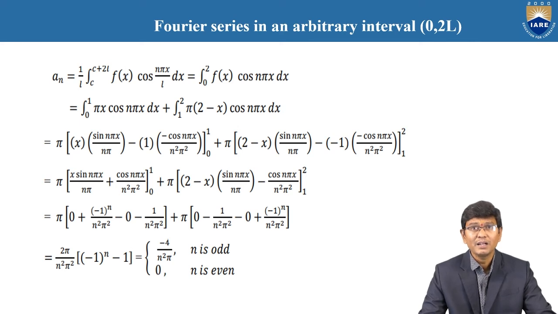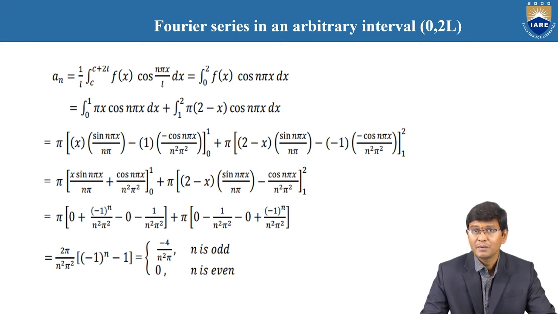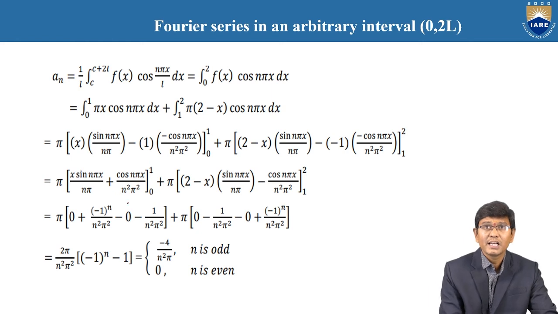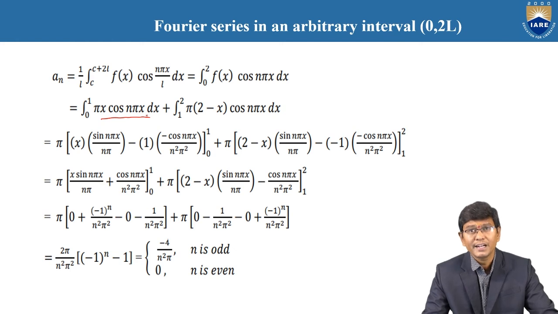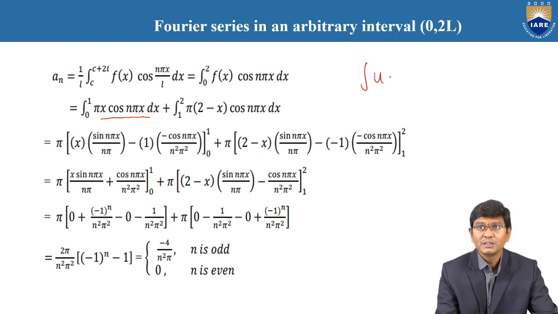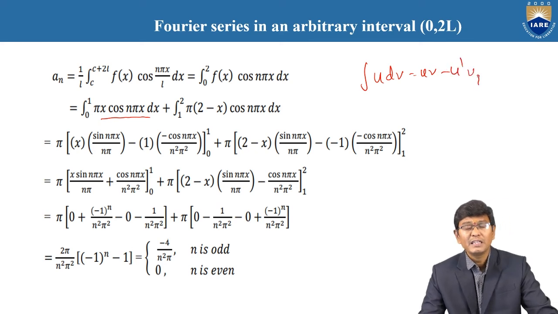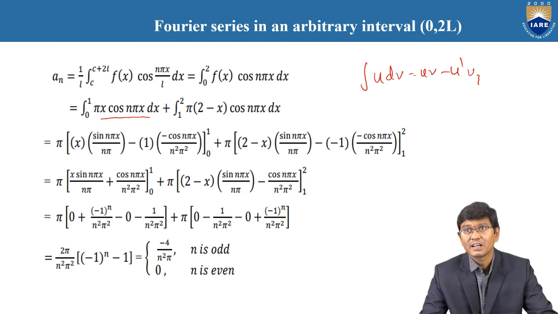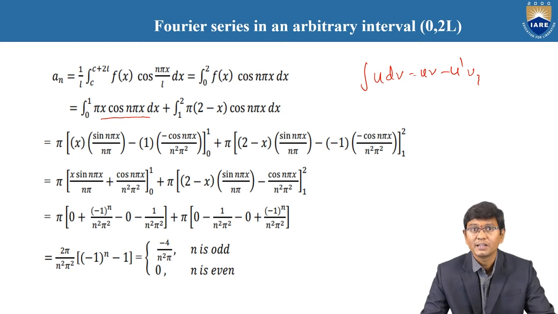And once again, it is pi into; first, we need to take pi out common, outside. The second one inside the bracket is clearly x into cos n pi x dx. Therefore, by using integration by parts, here you need to follow the Leibniz formula, or alternately the integrating by parts formula. It is integral of u dv is equal to uv minus u dash v1. That means u is the first function and v is the second function, the integration applied, and u dash is the derivative of the first part, and v1 is nothing but whatever we treated as the first integration; once again you need to do the second integration.